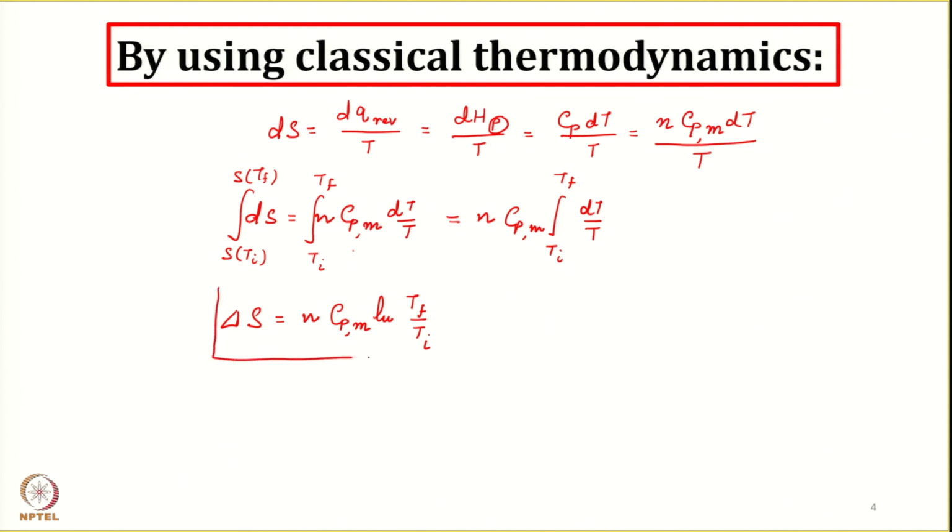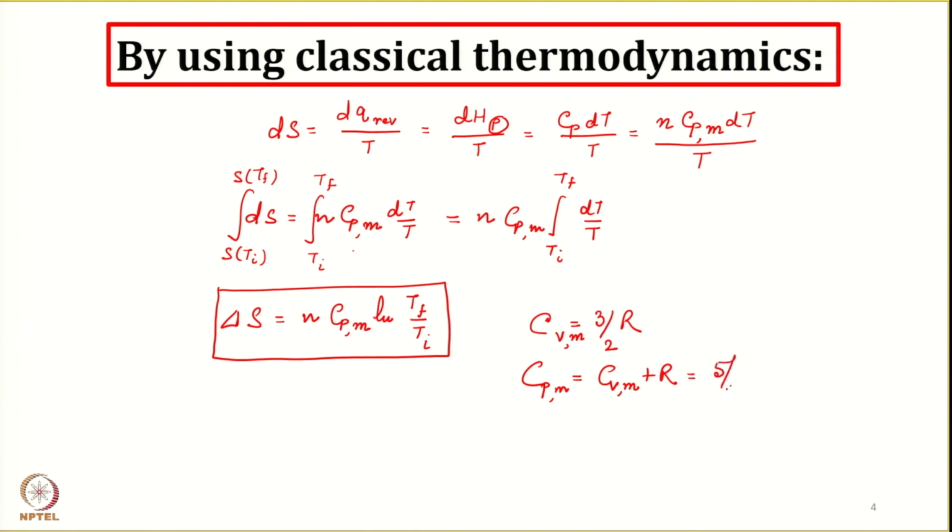Okay, so now Cvm is equal to 3/2 R, molar 3/2 R. Obviously, Cpm is going to be Cvm plus R. Cpm minus Cvm is equal to R. So this is going to be 5/2 R. So delta S is equal to, if we want molar change, n is equal to 1, then 5/2 R log Tf over Ti,